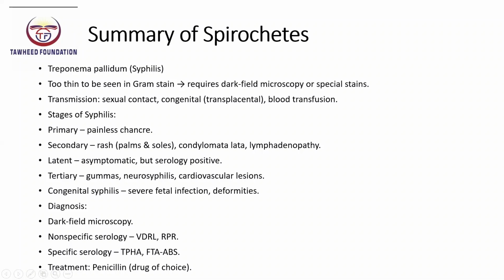Stages of syphilis: there are three stages, primary, secondary, sorry, four stages including latent and tertiary, but it is also considered as three stages only. Primary is a painless chancre. Secondary, a rash on palms and soles will be visible. Condylomata,